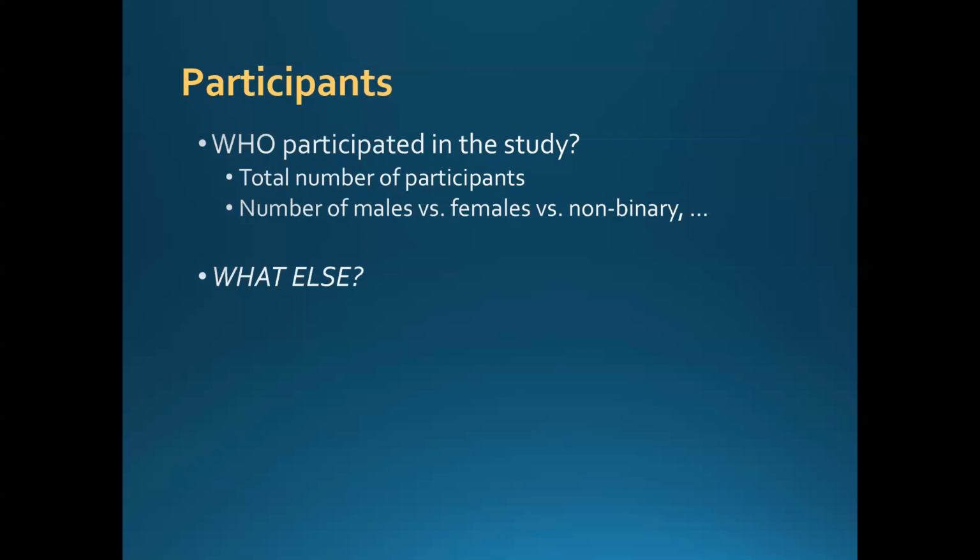So most of you probably would have a sentence or two saying, oh, there were no inclusion or exclusion criteria, unless you put an age limit. I know at least one group has an age limit where they say they don't want anyone above the age of 30. So that would be an exclusion criteria.